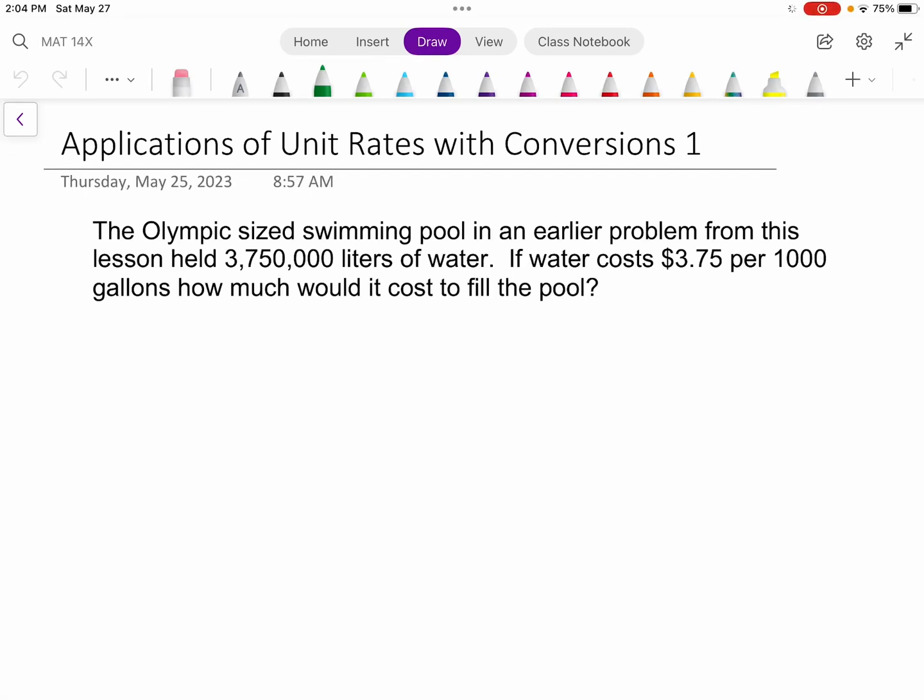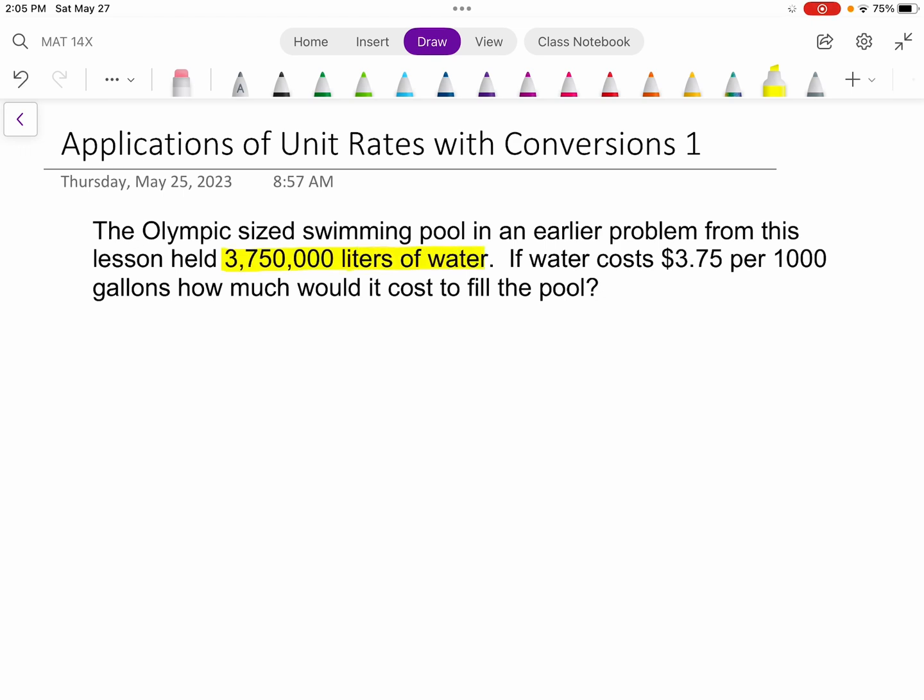This video is going to work through two problems that deal with some applications that involve rates along with some conversions, just to give you a sense of how we might find the rates and then what we can do with them. So the first one is actually revisiting a problem from an earlier video where we found how much water an Olympic-sized swimming pool held. If you remember back in that volume video,